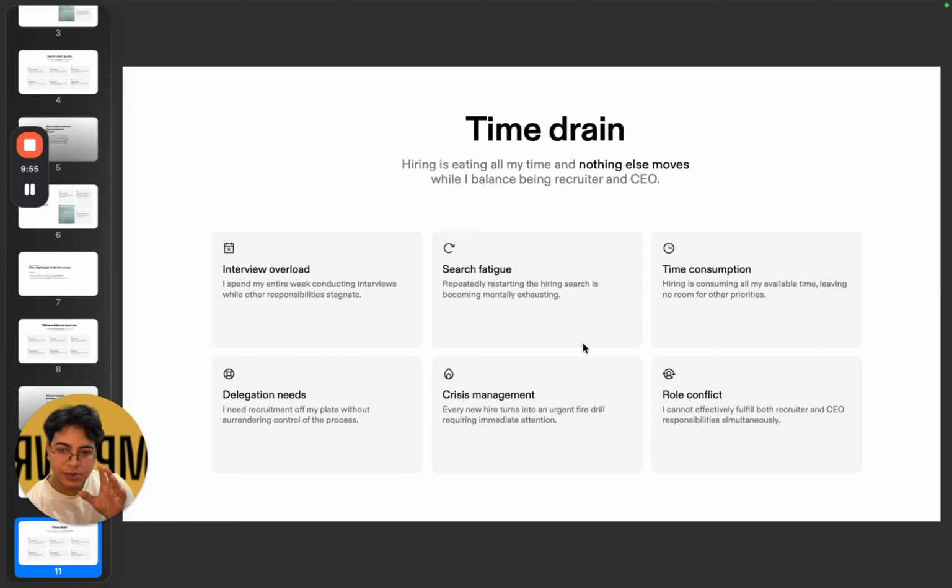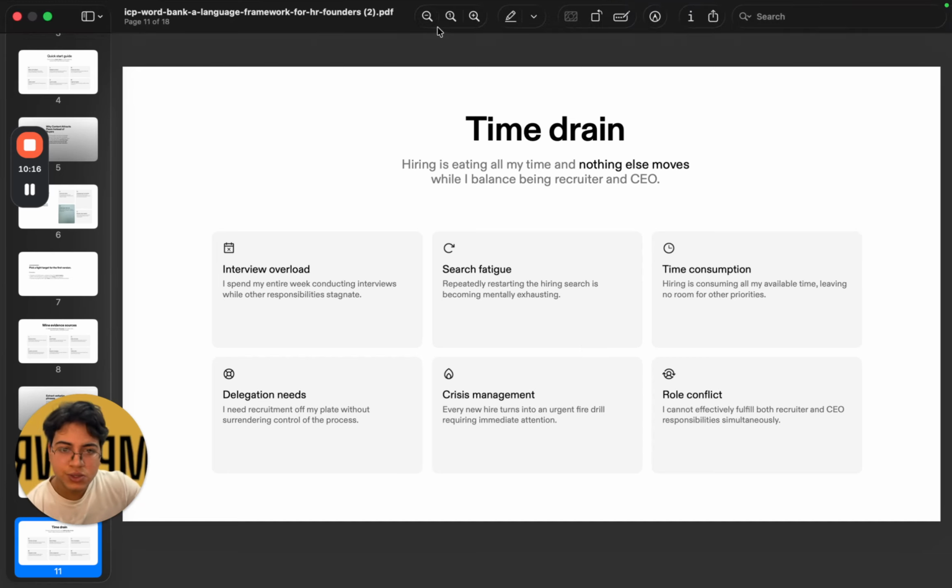So now, the next 3 pages will be all about examples of what a good phrase looks like in terms of the time drain bucket, quality of hire bucket, and retention and performance bucket. Okay. So the time drain bucket phrases sound like hiring is eating all my week, all my time, interview overload,